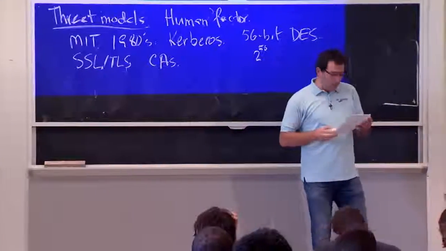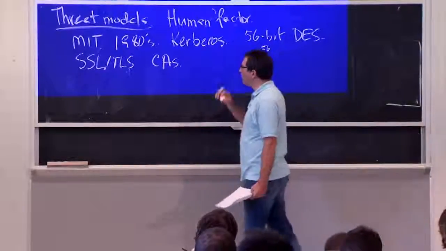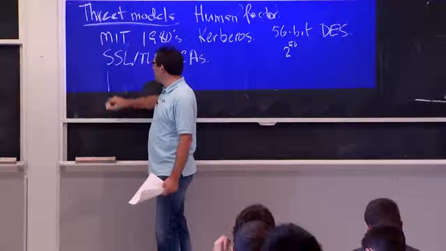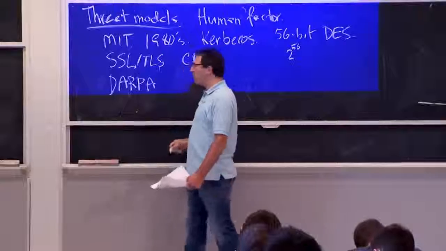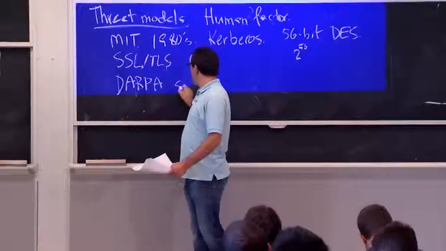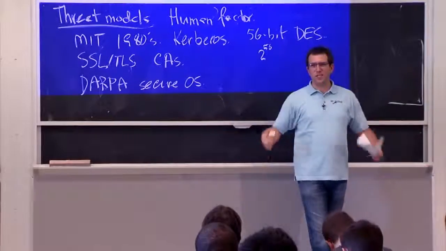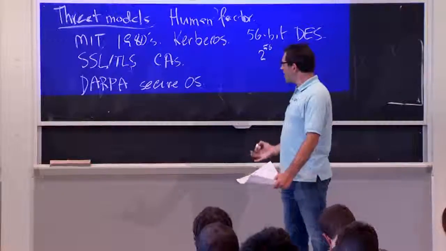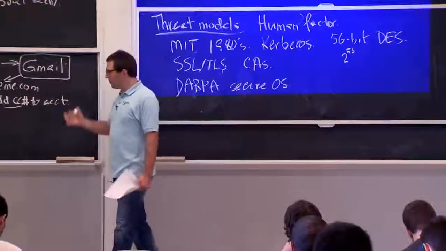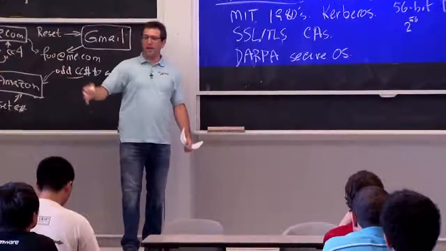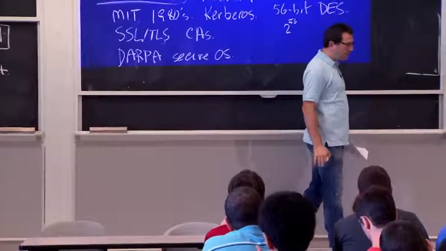And there are many other examples that you might not have thought of. Another amusing example from the 1980s was DARPA, this defense agency, which at the time really wanted to build secure operating systems. They went so far as to get a bunch of universities and researchers to build secure OS prototypes. And then they got a red team, a team of guys pretending to be the attackers, and told them, go break into these secure operating systems any way you can. We actually want to know, is it secure? And it's kind of amusing, some of the surprising ways they compromised the systems.